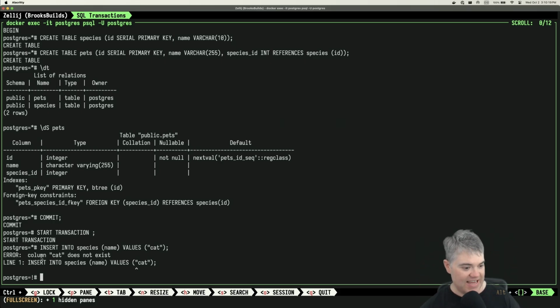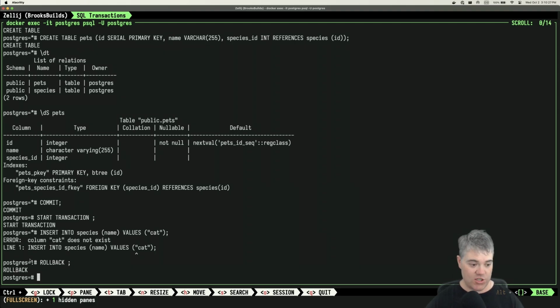But notice that the transaction is now in a failed state. So I'm just going to go ahead and void it all out, and we're going to roll back right now. If we were several commands into it, we would have to start all over again from the beginning, which is actually a good thing. But it's just a heads up that once we're in that state, I would not continue working through it. I would at that point in time roll back and start over again. So let's do that. Do another START